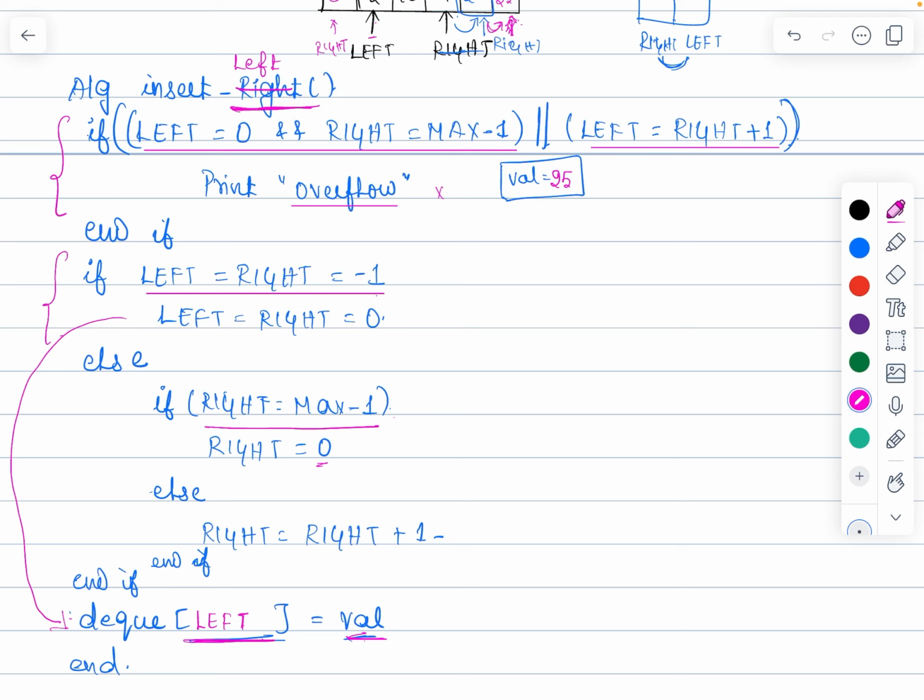If instead of checking the right end, we are supposed to check the left end. Let me write one example. Let me make one queue example here to explain the second condition. Since I want to perform insertion at the left end, not at the right end, imagine this queue,